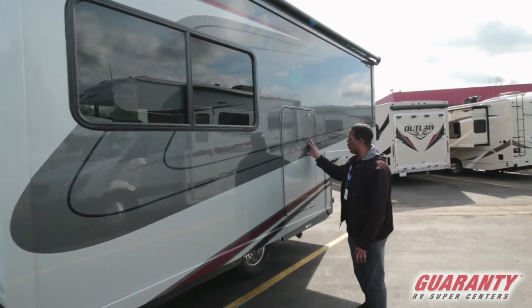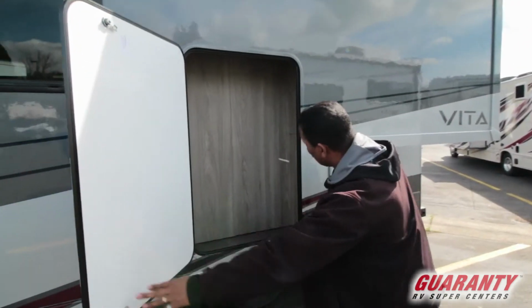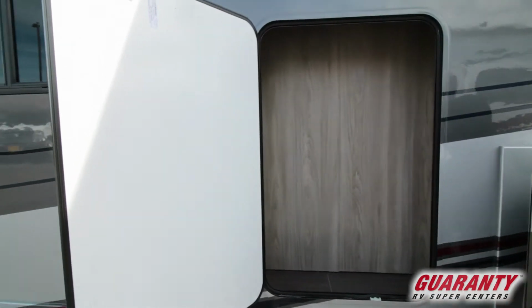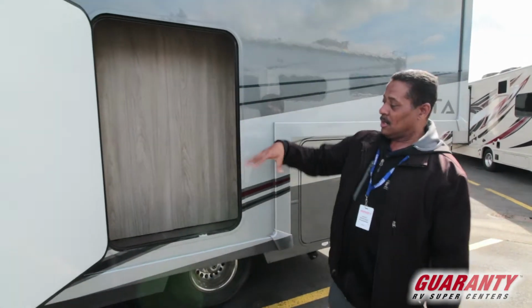Moving down, we've got the storage bay. One of the storage bays, I believe. A lot of room in there. You can put your outside stuff. If you have a little grill or something on the side, you can put all your grilling items there, and